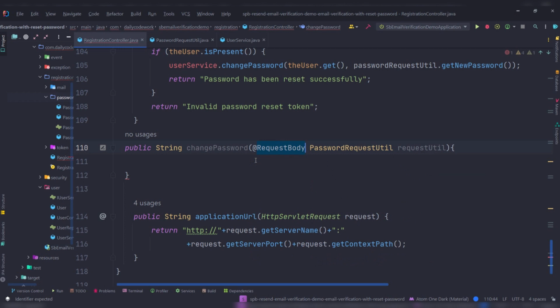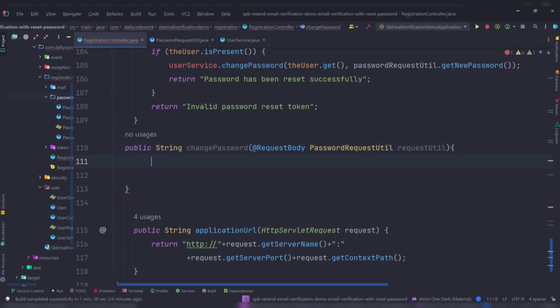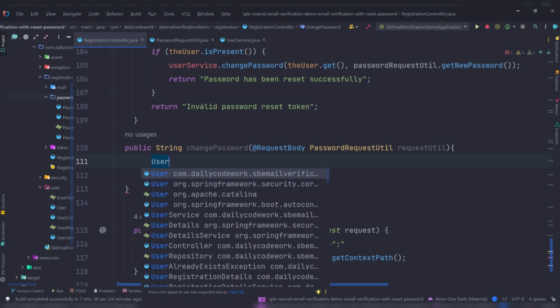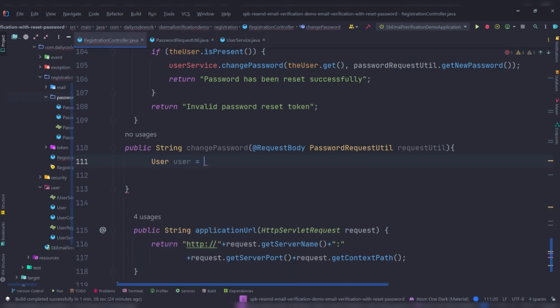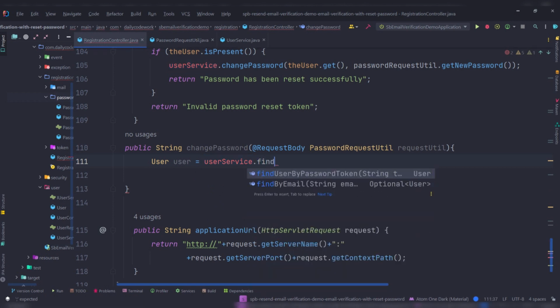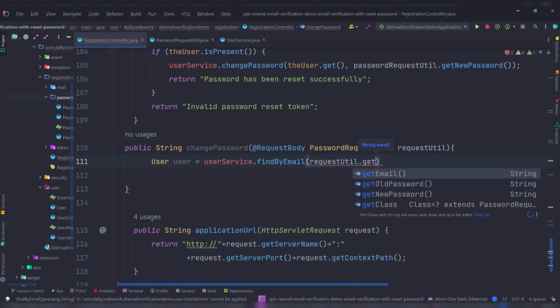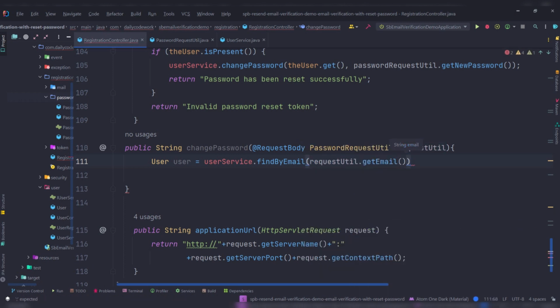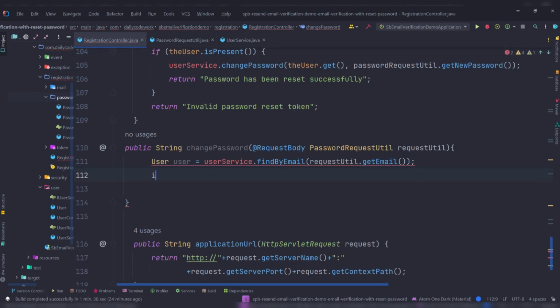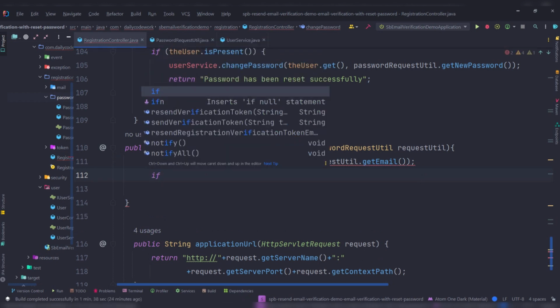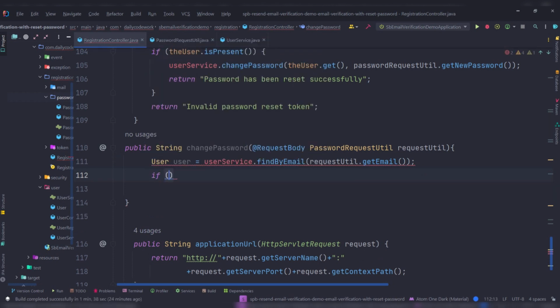Request body, because we're going to be requesting the body of this from the user, right? So now let's actually find the user. So user equals user service dot find by email, and now we're just going to say request util dot get email. We're going to get the user email, right? Now we're going to check. Now we're going to make use of the method we just created, right? So if user service